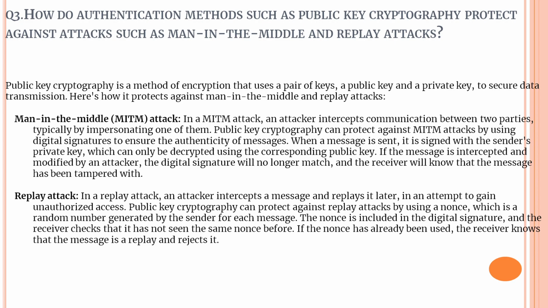Next, we will see about the replay attacks, in which an attacker intercepts a message and replays it later in an attempt to gain unauthorized access. Public key cryptography can protect against replay attacks by using a nonce, which is a random number generated by a sender for each message. The nonce is included in digital signatures and the receiver checks that it has not seen the same nonce before. If the nonce has already been used, the receiver knows that the message is a replay